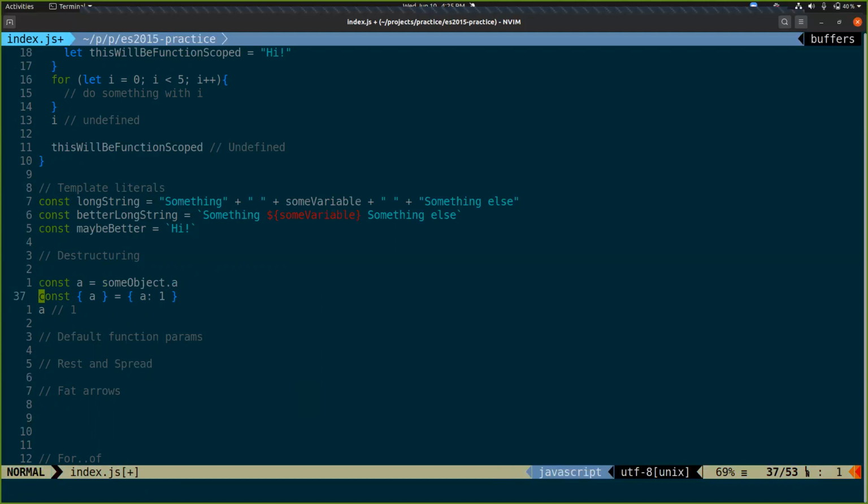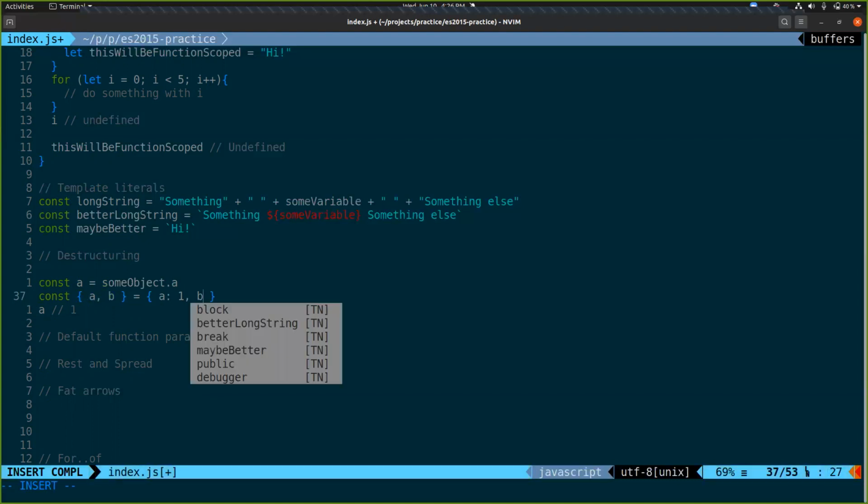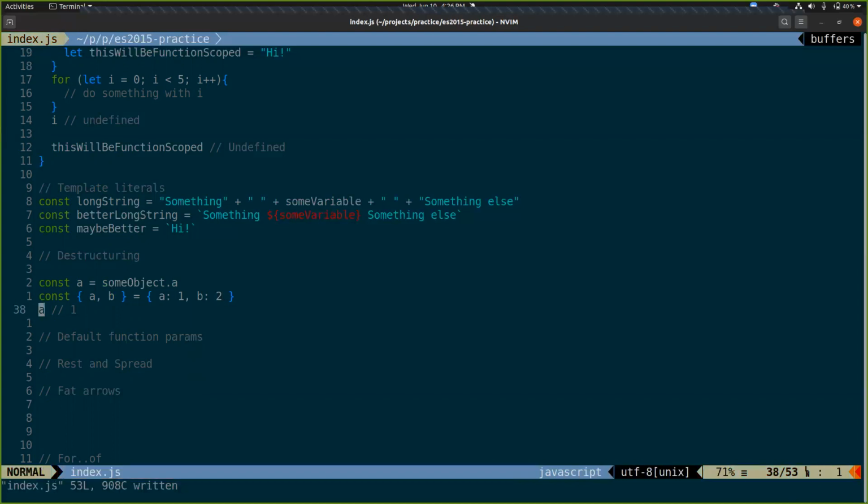It just replaces that pattern. And yeah, we can take multiple things out of it. Ta-da, that's it.